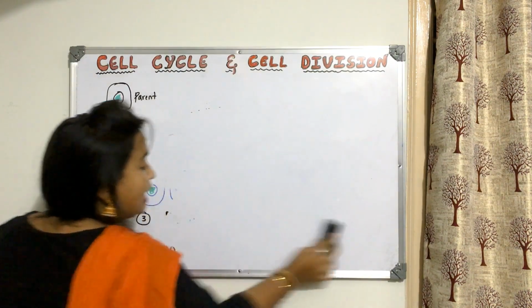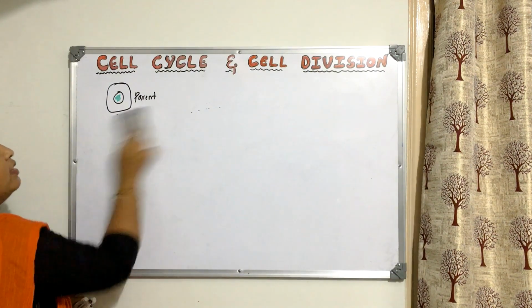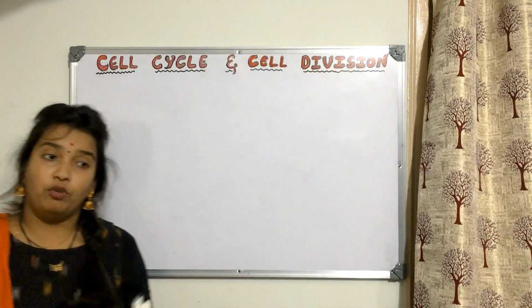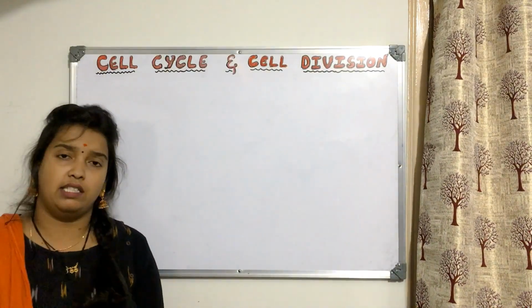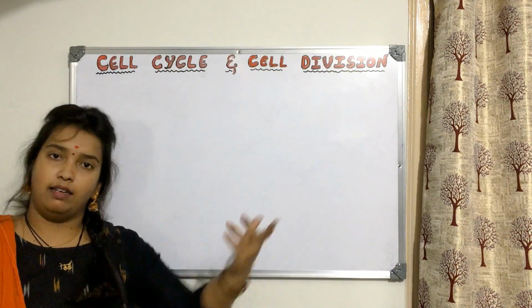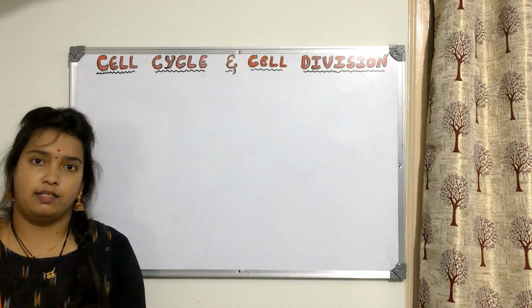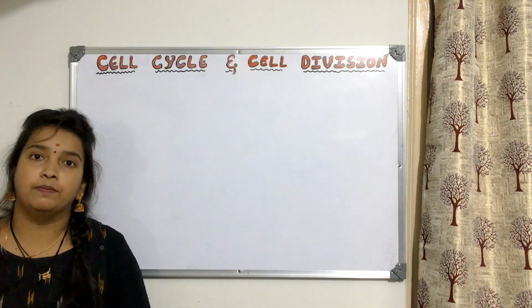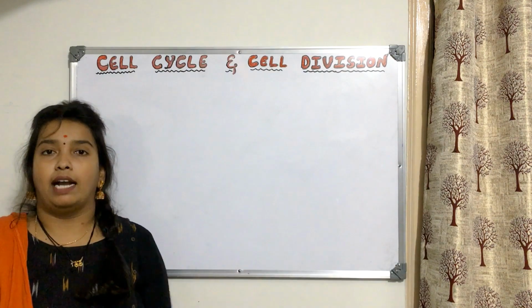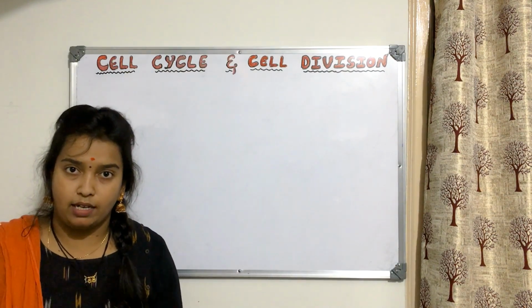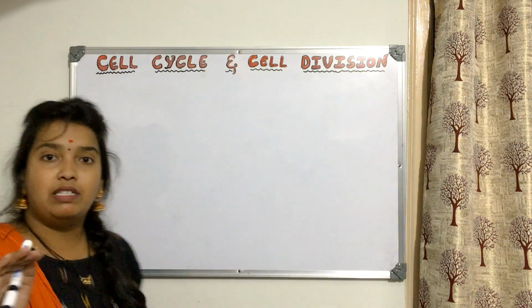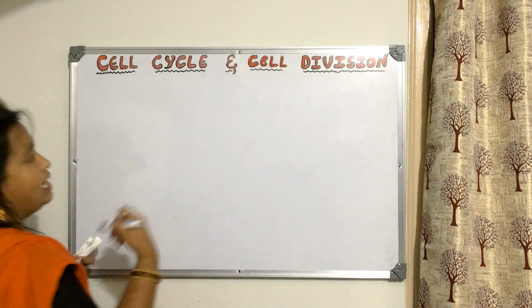These brief things we are doing are the basis of this chapter. If you don't know this, some people feel you can just learn the chapter by heart, but that is not the case. In biology you need to understand it properly, then only can you attempt whatever question comes based on that. So the basics play a very important role. That is why now we will see cell division. What actually is cell division?